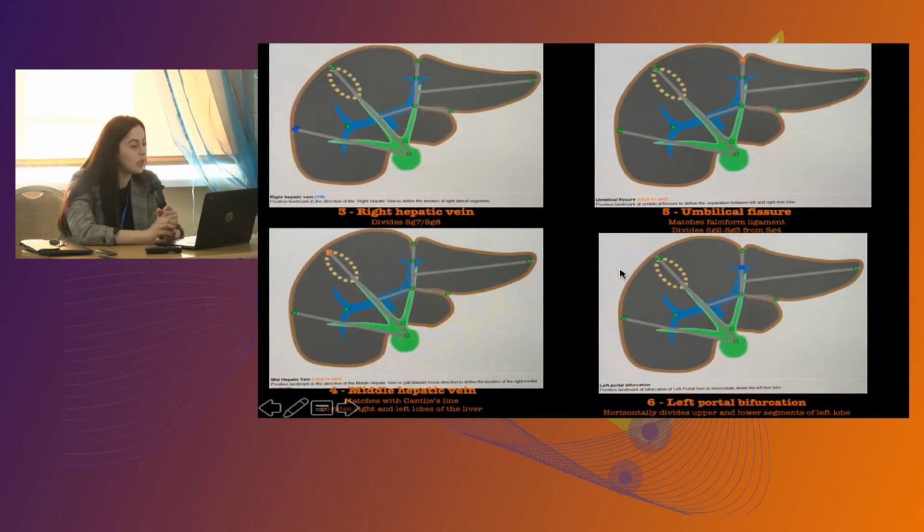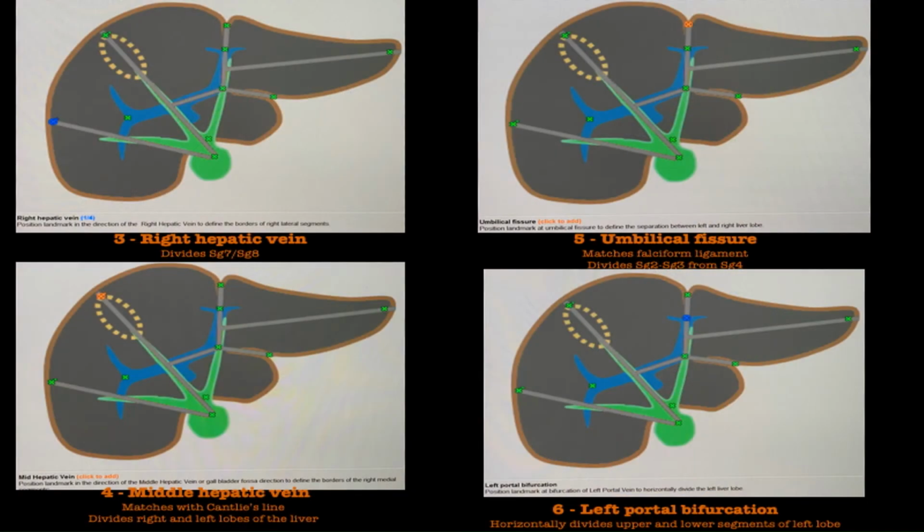Point number 3, it's right hepatic vein, and it divides segment 7 from segment 8. Point number 4, it's middle hepatic vein, and it matches with Cantlie's line, and it's a division of